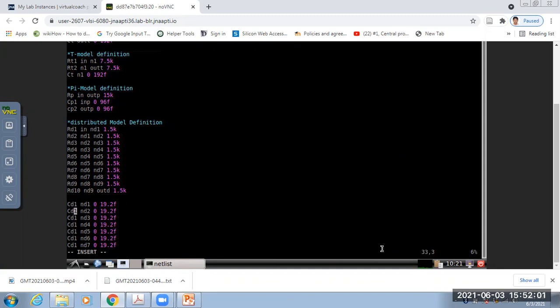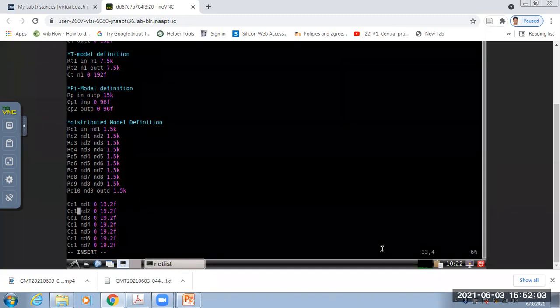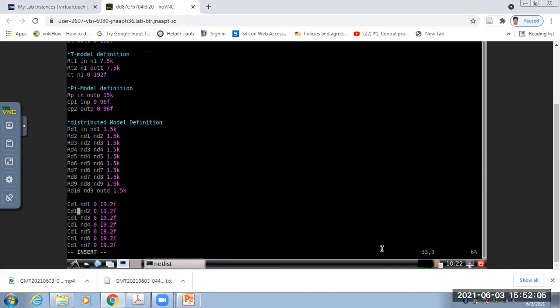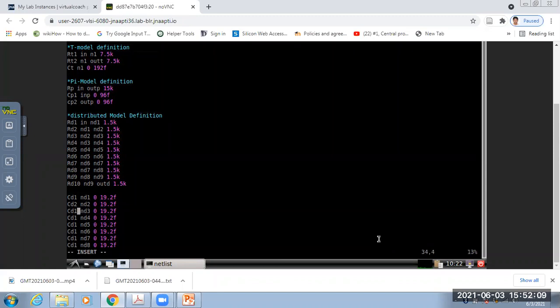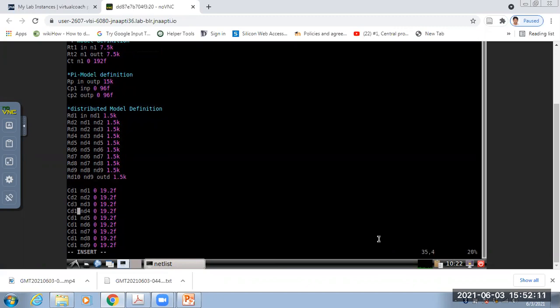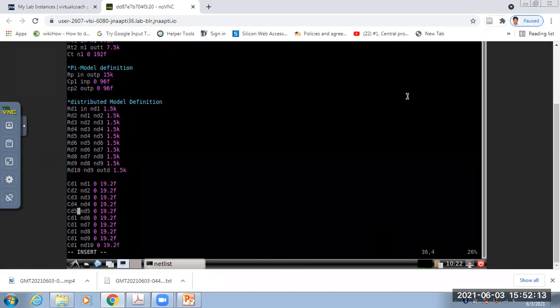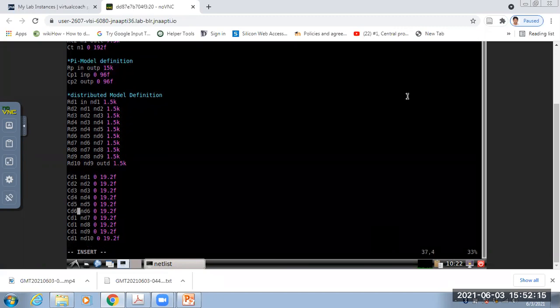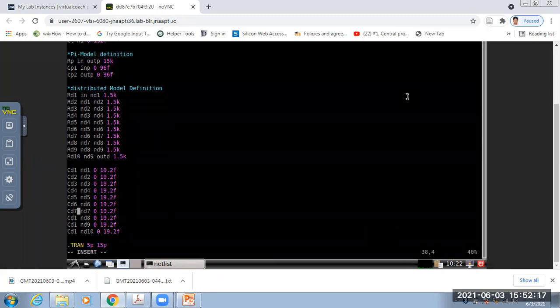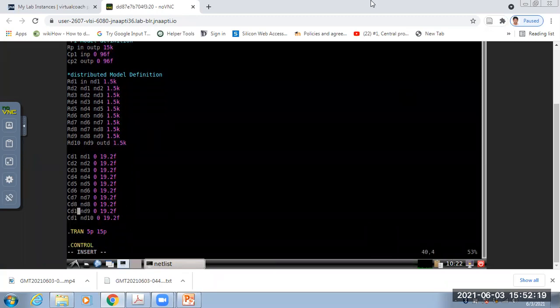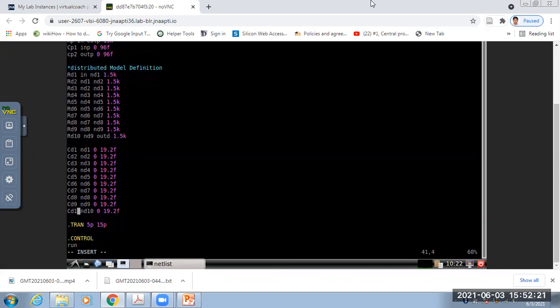That is CD2, CD3 like that. CD2, CD3, CD4, CD5, CD6, CD7, CD8, CD9, CD10. So that will be out D. CD10.